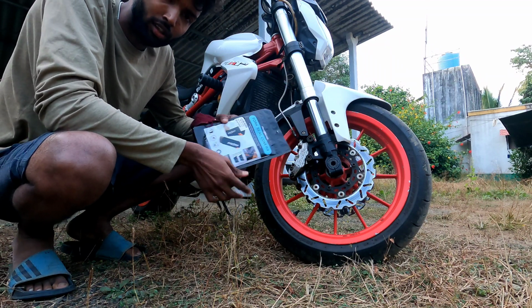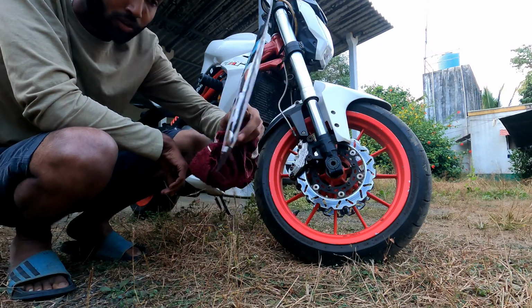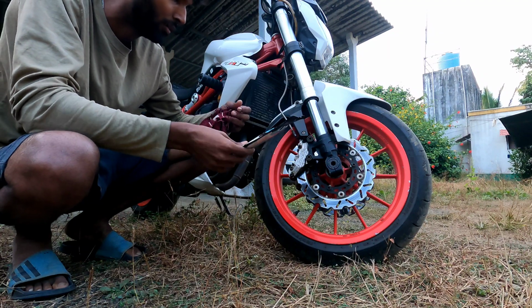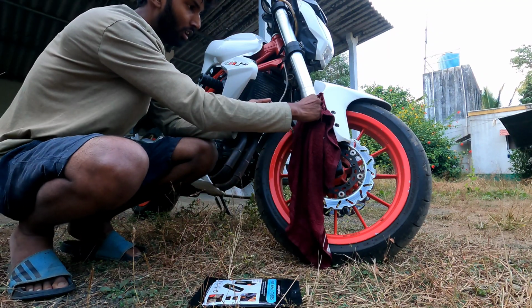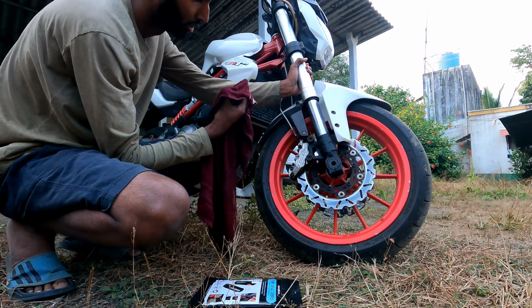Fork seal covers. I hope you can see this. And it cost him around 800 bucks. And first we have to just clean off the oil seal covers inside that. See, you can